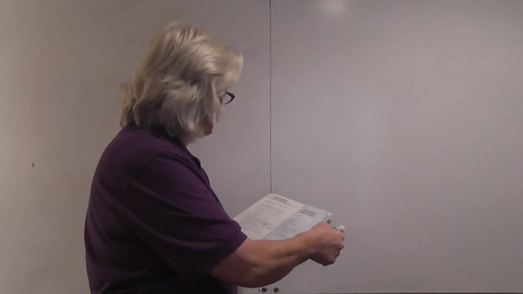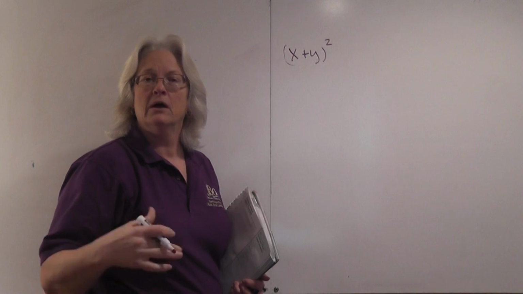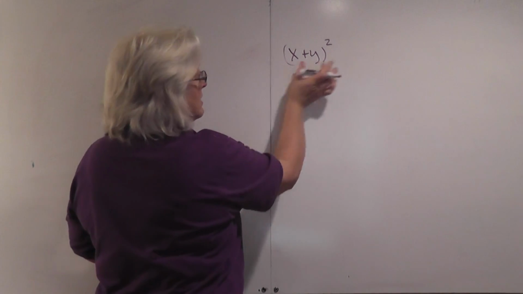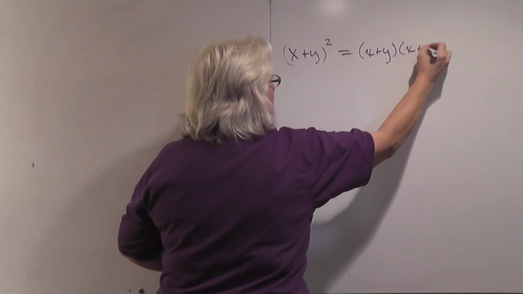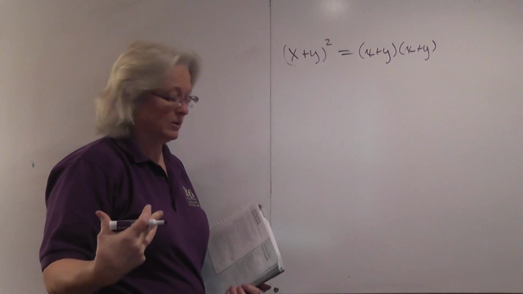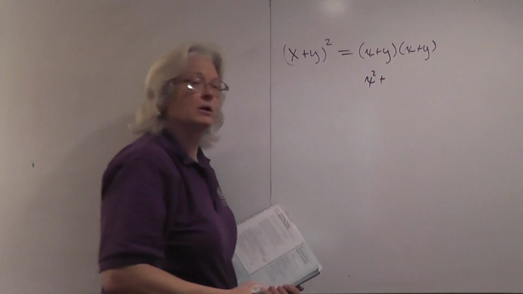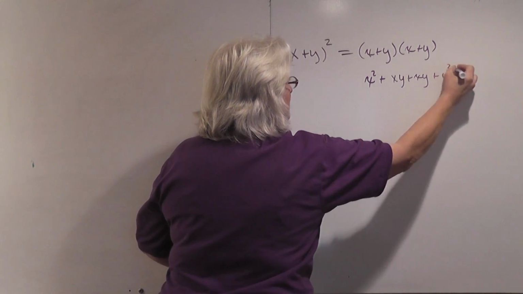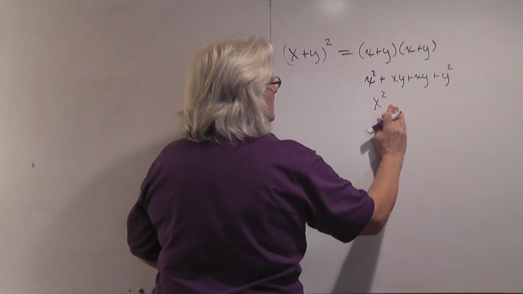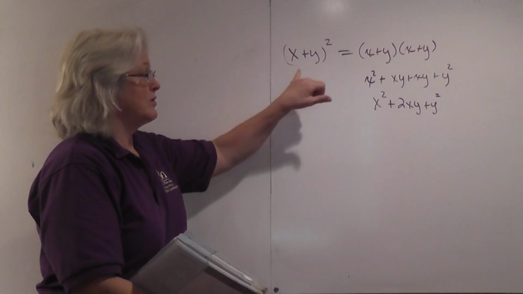So let's look at these, as we develop this, let's look at x plus y quantity squared. Now if we were going to go ahead and just FOIL this, we'd remember that our exponent 2 means that we are going to use the expression x plus y as a factor 2 times. And if we apply our method of FOIL, we have the first terms multiplied together, x squared, plus the product of the outer terms, plus the product of the inner terms, plus the product of the last terms, which gives us x squared plus 2xy plus y squared